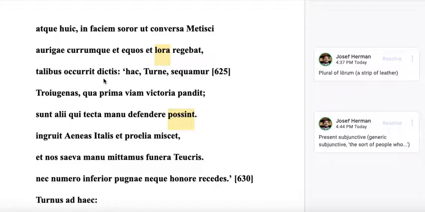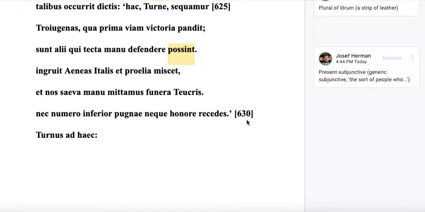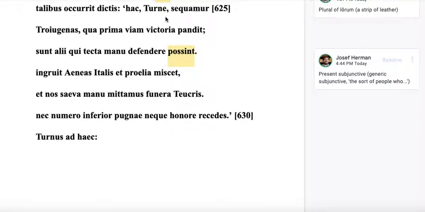how it fits together. And then we have our second speech of the passage, this time not from Turnus, but from his sister, and it begins here. And she addresses him, turne. Now it ends in an E because that's the vocative of Turnus. So she addresses him, Turnus. And then she says, sequamur. Okay, now that is a subjunctive actually. It's what we call a jussive subjunctive, and it means let us do this. Okay, this is like andiamo in Italian, let's go, for example. So, sequamur, let's follow